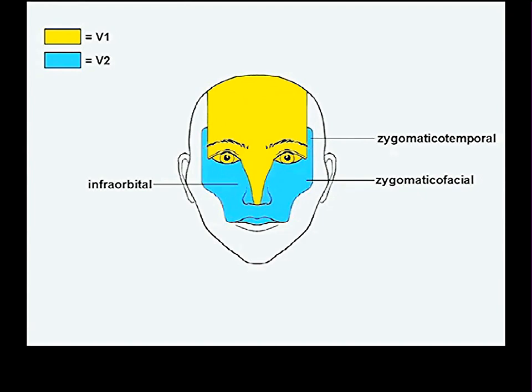and then leaves it again through a foramen that splits into two and sends one branch out to the skin over the lateral aspect of the bony cheek, and then the zygomaticotemporal nerve, which is a tiny nerve that does some skin just behind your orbit, on the side of your temple. Much of the sensory function of V2 is actually not expressed on the skin. V2 handles most of your nasal cavity, your palate, and your upper teeth as well, through branches that never emerge on the surface of the skin.